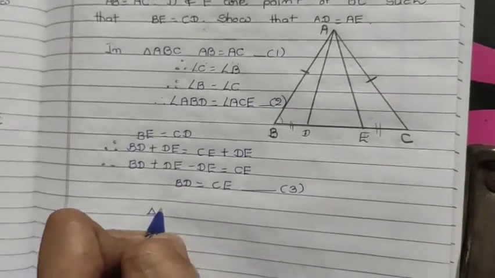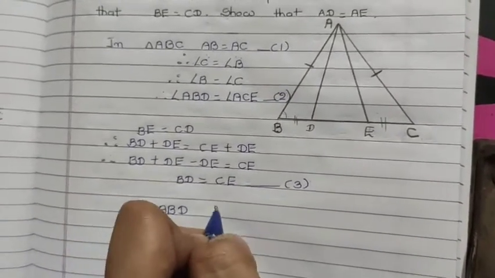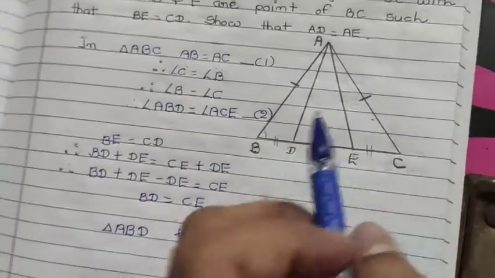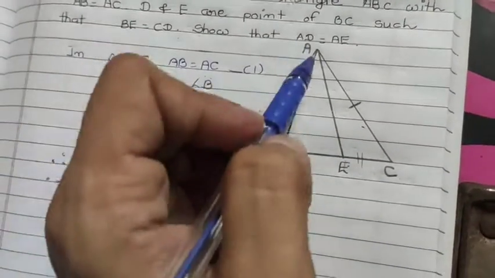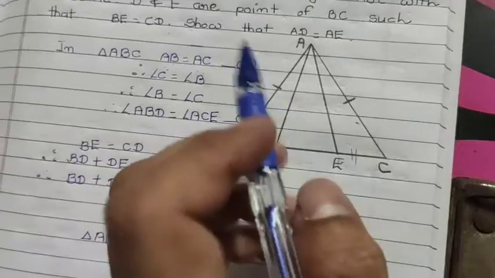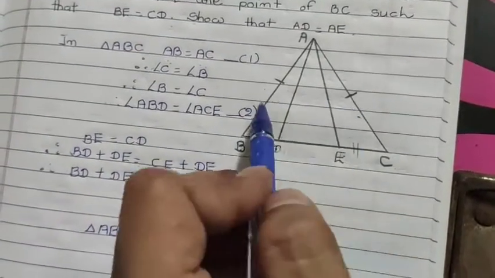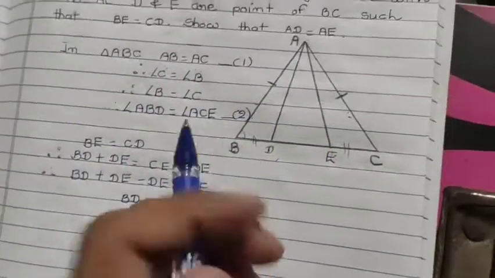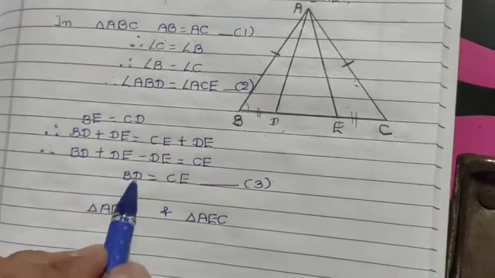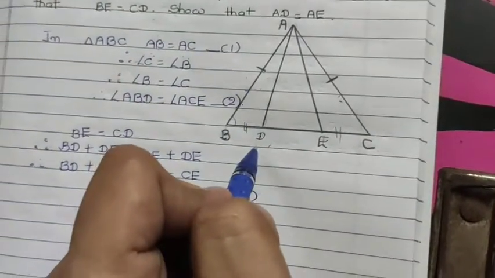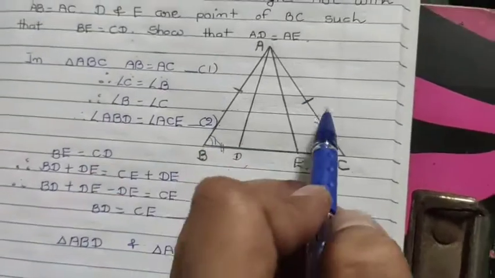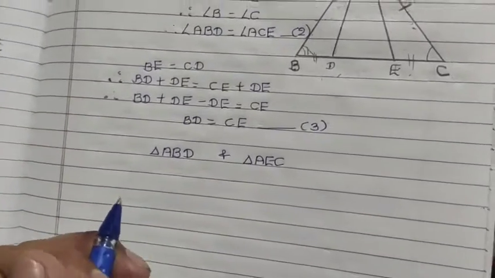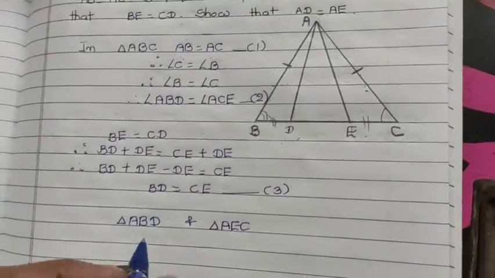So we will take triangle ABD and triangle ACE. If we don't choose these two triangles, then we are not able to prove that AD is equal to AE, because these two are different for these two triangles. If we prove these two triangles congruent, then we can write by CPCT AD is equal to AE, and this side and this side are equal. We can see that AB and BD are equal and angle ABD is equal, and here it is the same, AC and CE are equal and the angle between them is equal. So by SAS congruence rule we can easily prove that, right?